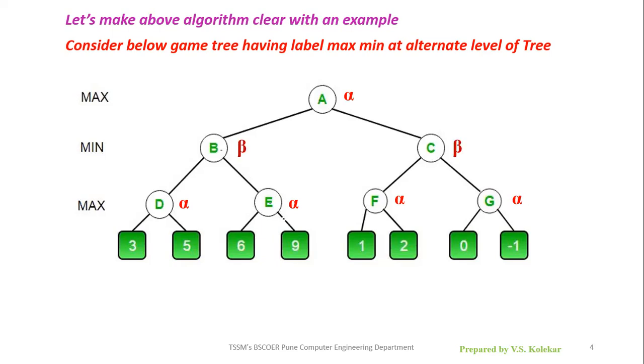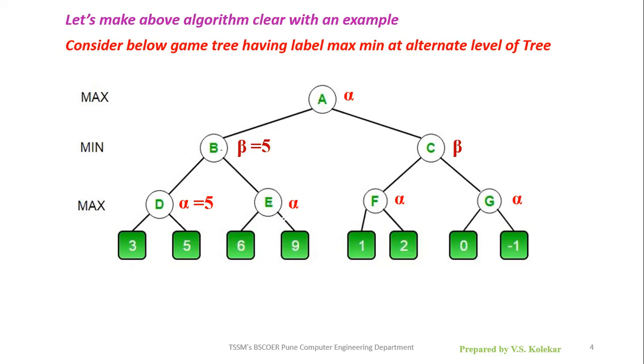Now we have to go to the first left subtree. So here the left subtree has the node D having two leaf nodes, 3 and 5. That node D is labeled by max. So we have to choose the maximum of 3 and 5. So that alpha value is 5. And that alpha value is directly passed to the node above, which is B, and we can store it at the node B as the beta value, beta equal to 5. At node B, the label is min. So the min value must be less than 5.